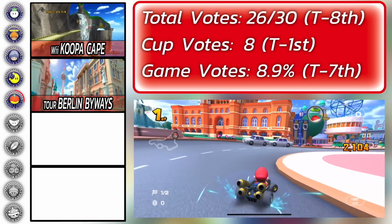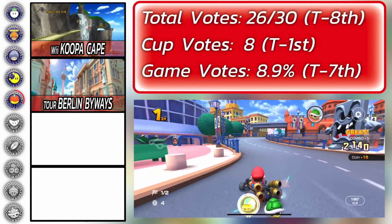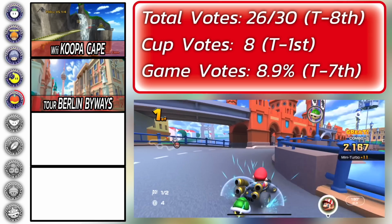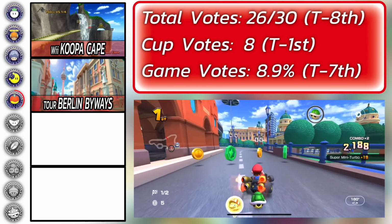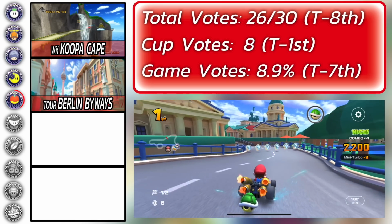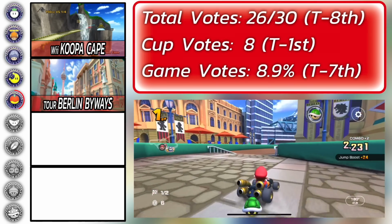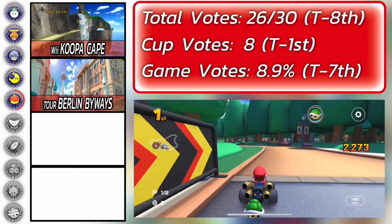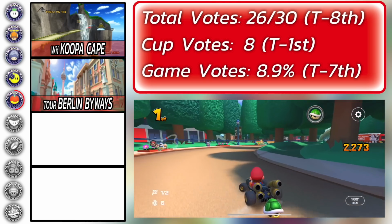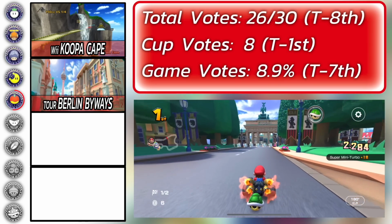Now, between my announcement video of the voting period and this release, Berlin Byways 1 came out, and it is awesome. I love that track, and I can't believe that we got a Berlin Byways 1 in between the voting release and, of course, the results. So we are officially putting Berlin Byways 1, even though the entire voting period showed Berlin Byways 2. I'm throwing in Berlin Byways 1 because that is what I would have put down if this track had existed before. This track had 26 of the 30 votes, ties it for 8th place, and is tied for 7th amongst